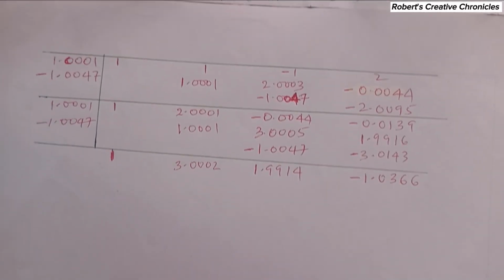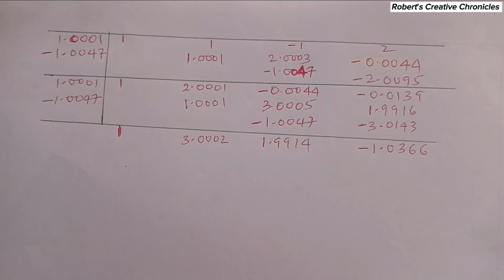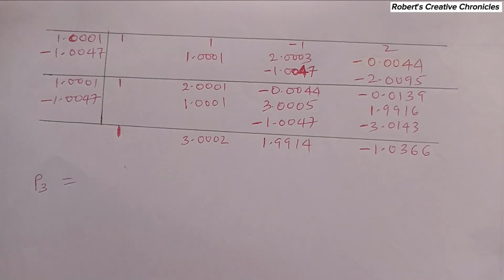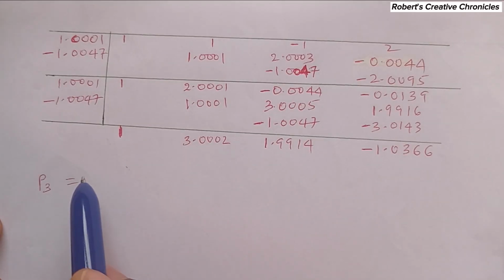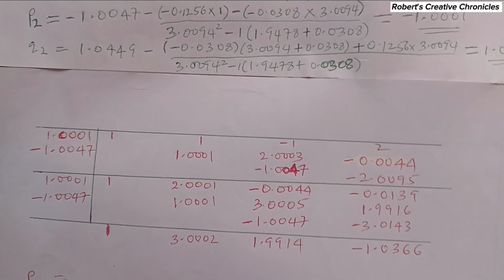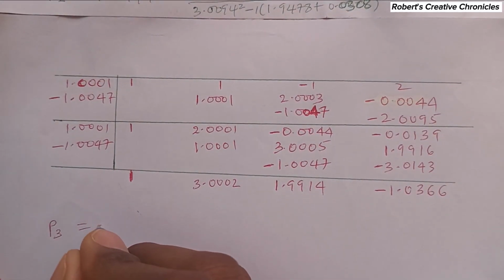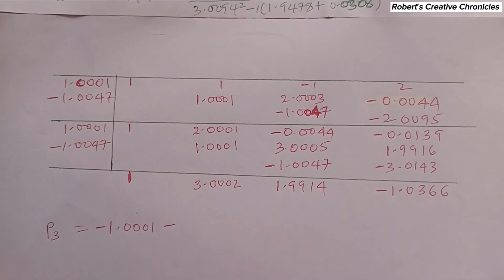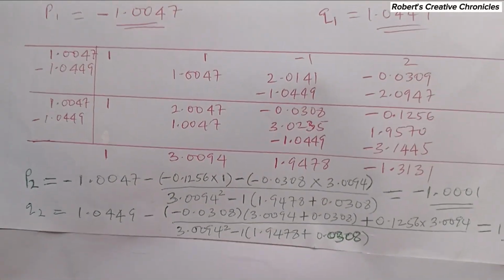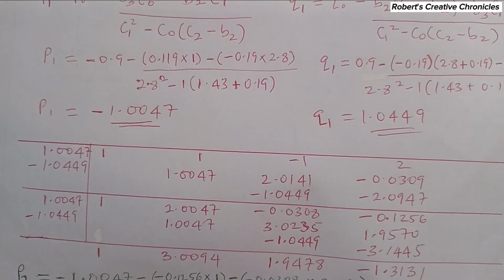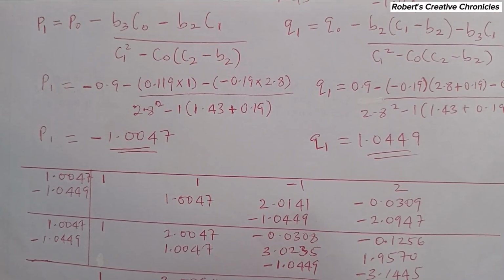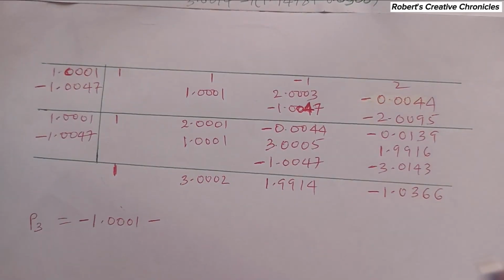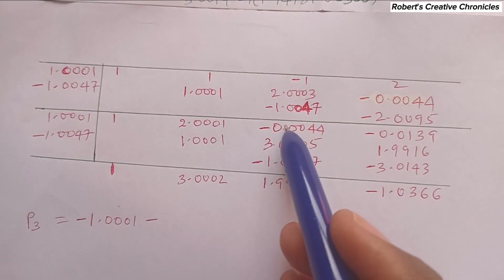So we can now apply the iteration. So now this one will be what? P3. So now P3 will be equal to what? P2. So this is P2, negative 1.0001 minus, so it will be what? B3 C naught. B3 C naught. So where is B3 here? B naught, B1, B2, B3